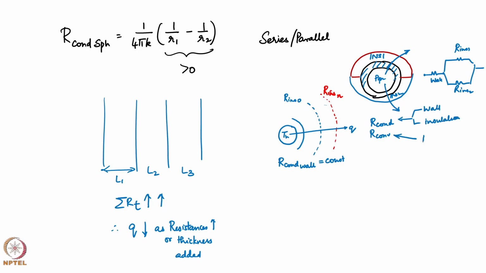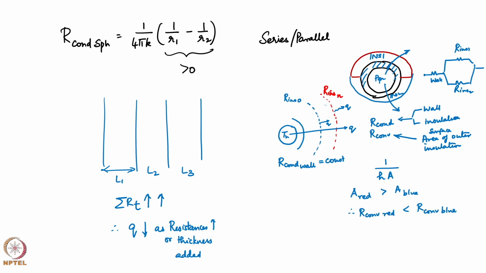Convection involves the surface area of the outer wall, the outer insulation, right. So, convection is happening from here, earlier convection was happening from here. Convection resistance is 1 over hA, and the surface area is more. So, A red is greater than A blue, therefore, R convection red is less than R convection blue, which means